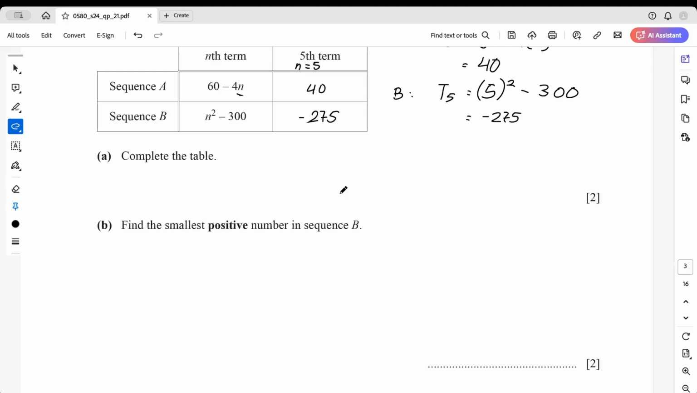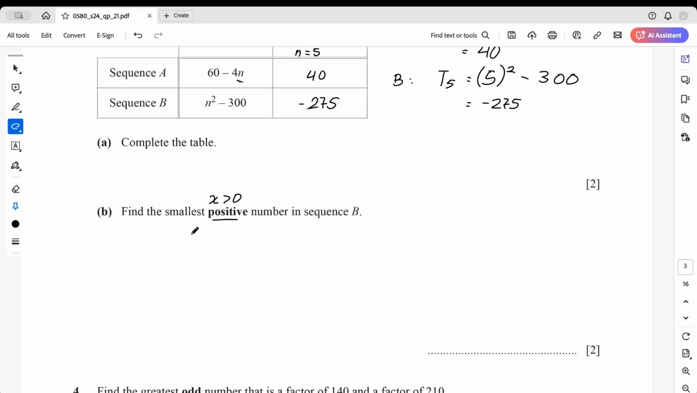3b, find the smallest positive number in sequence B. So when they say positive, let's say this is x, any positive number would be more than 0. Okay, so sequence B is n squared minus 300. So we want the smallest positive number, so this number, whatever it is, should be greater than 0 in order to be positive. Okay, the way I will approach this is saying I move the 300 the other side, right? So negative becomes positive. Now I'm going to square root both sides,